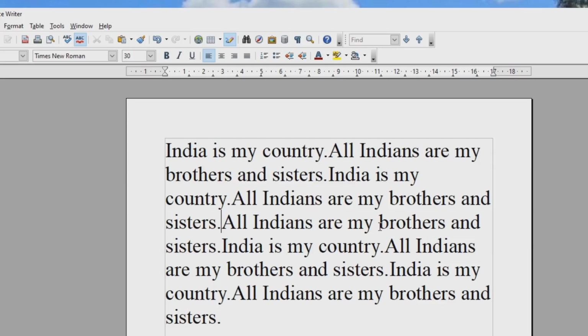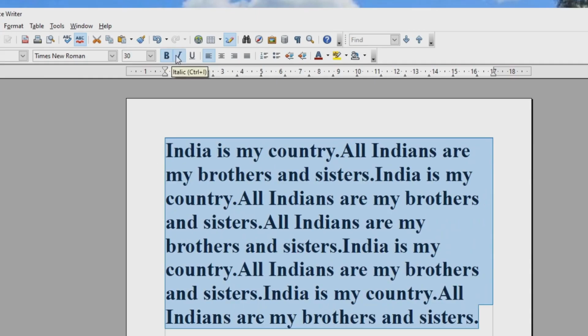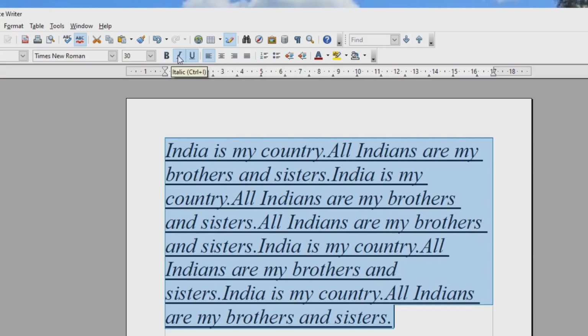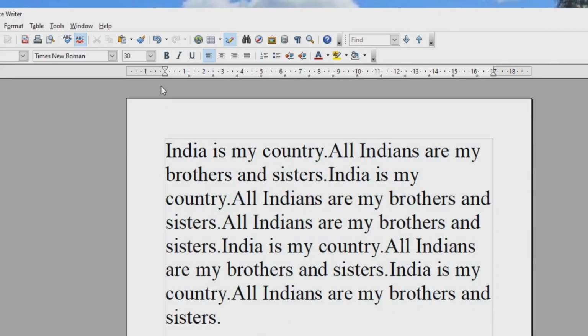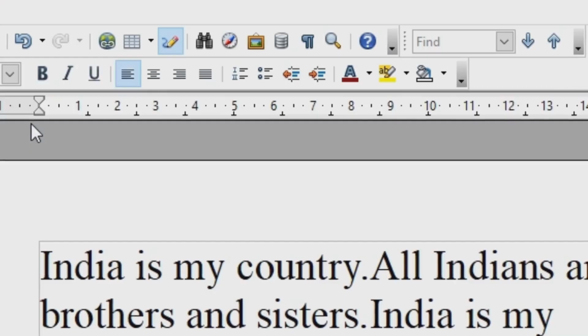After typing a file, we may want to change its appearance. At that time, we can use formatting tools in the formatting bar. What is meant by formatting? Formatting means changing and arranging text in a document to make it attractive. We can format our document by using the formatting bar. Let us see which are the main tools available in the formatting bar.